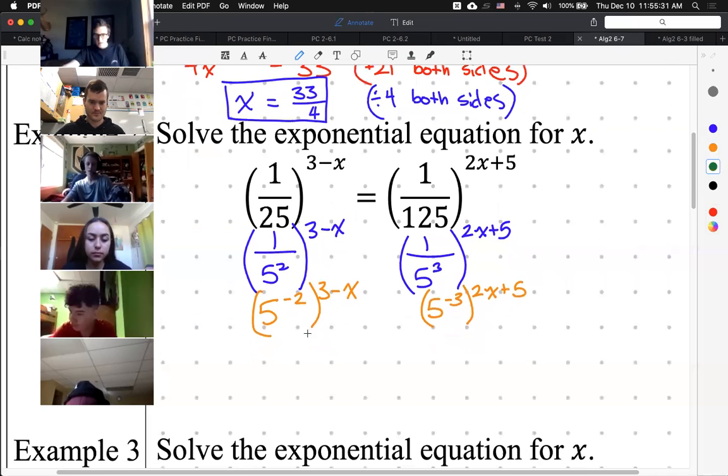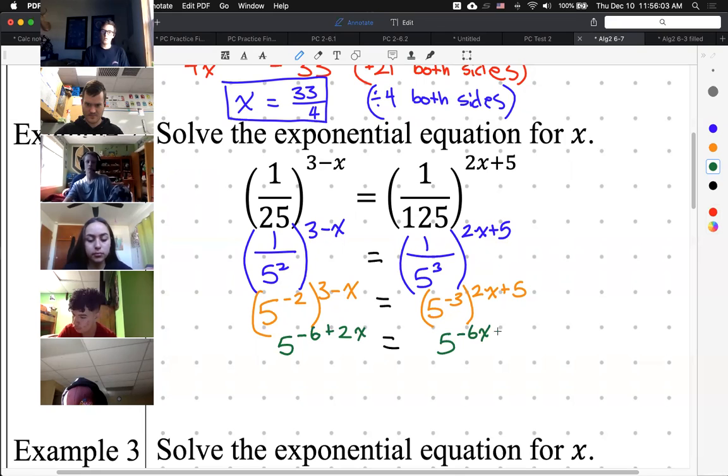So you could multiply the exponents for both of them. So it would be 5 to the power of negative 6 and then minus 2x. Ooh, careful there. Oh wait, no. Positive 2x. Good. Okay, and I'm forgetting my equal signs. Oops. Equal to 5 to the power of negative 6x